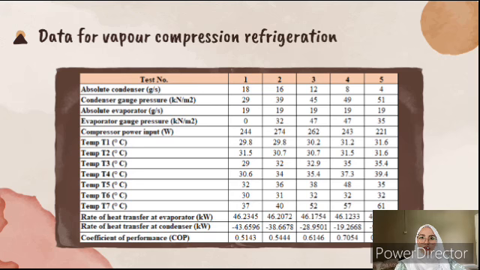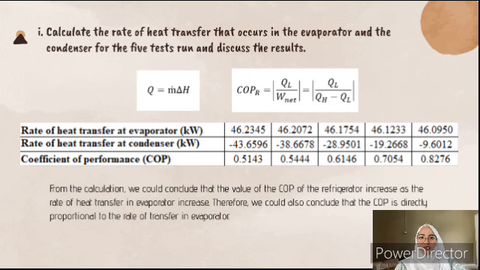For the rate of heat transfer in the evaporator, also known as QL, we will use the formula Q equals M delta H. The flow rate of the evaporator for this experiment is constant at 19 gram per second, or the same as 0.019 kilogram per second. The enthalpy can be obtained by interpolating the data obtained from the tables on T1 and T2 of every test. So here is the result obtained from the calculation, which is QL is